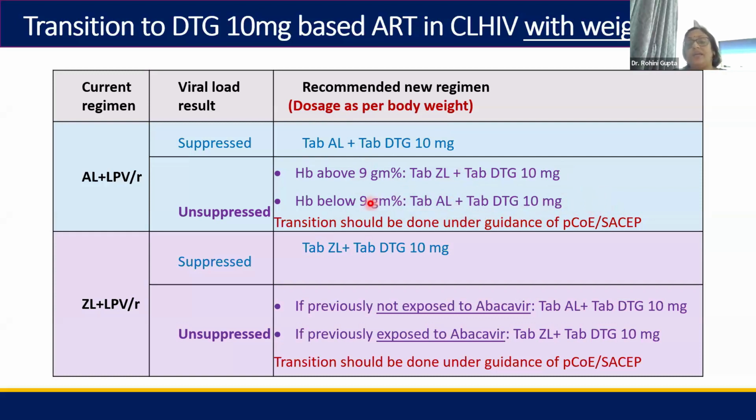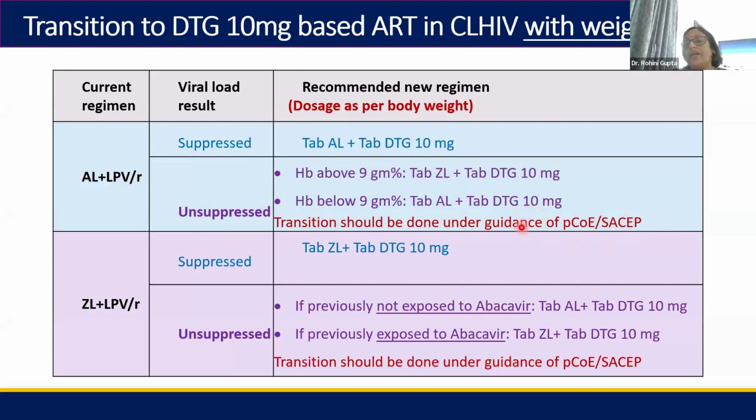So this child, even though the child has got suppressed viral loads, would be continued on AL plus DTG 10. But remember that this child is anemic. So please do evaluate this child by a pediatrician and get iron supplementation if the child is anemic because of iron deficiency anemia. Remember that both these unsuppressed scenarios, in this case, guidance has to be taken from PCOE and